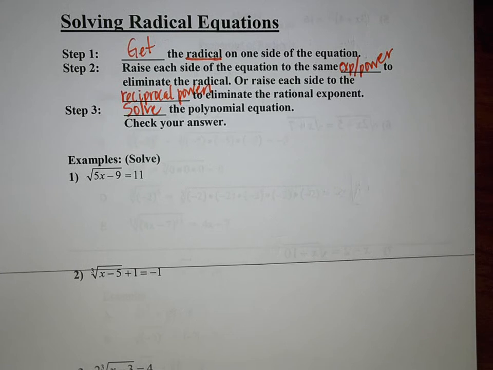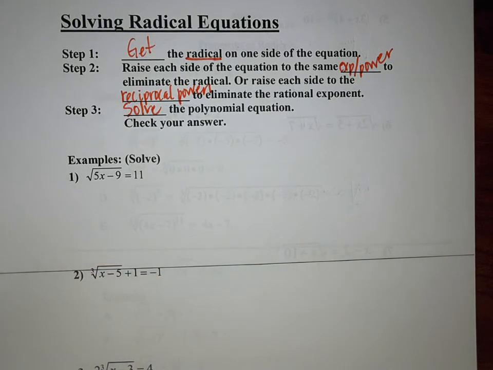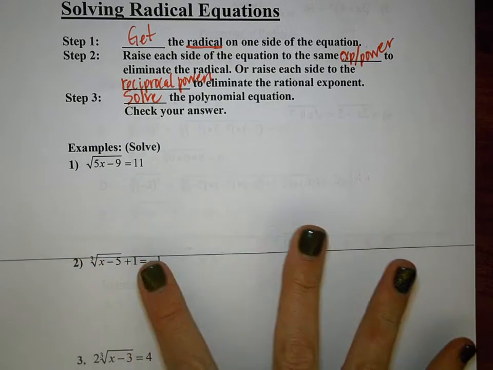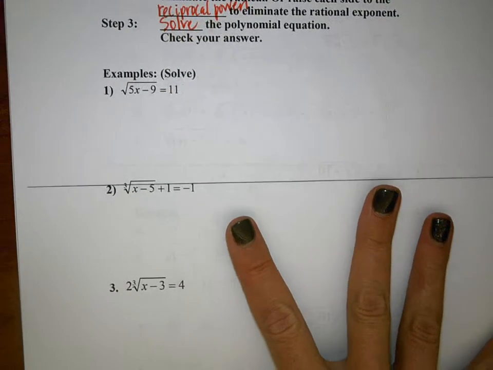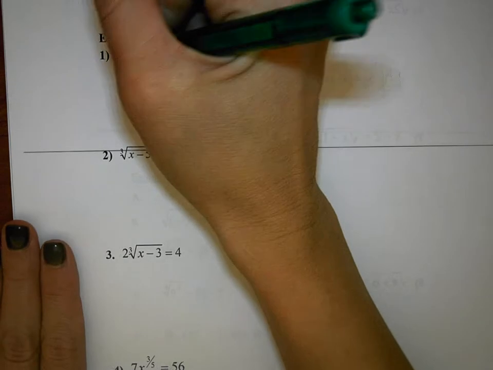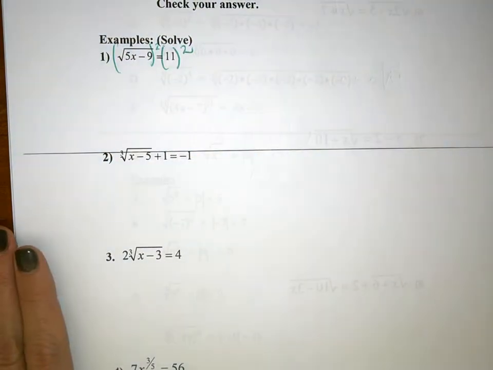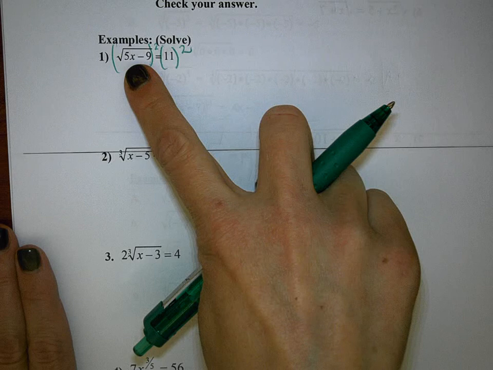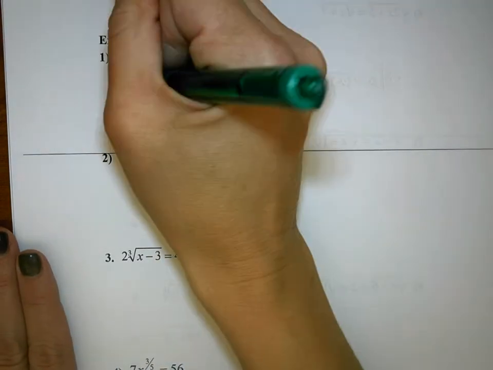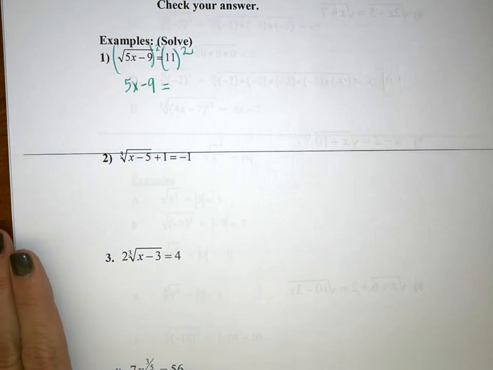Okay, example 1. Is the radical or root by itself? Okay, what kind of radical or root is this? What number is there? 2. So if it doesn't say the number, it's automatically a 2. So what would I do in order to get rid of this radical or root? What would I have to do? I have to square it. Okay, so when I square it, that means I actually have 2 of these. So what comes out is just, good, 5x minus 9 equals, and 11 squared is,